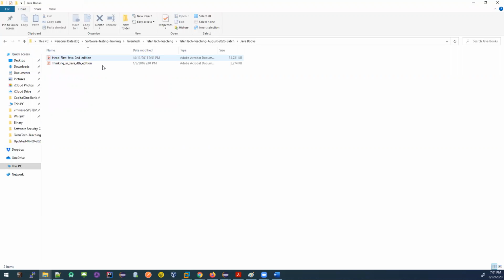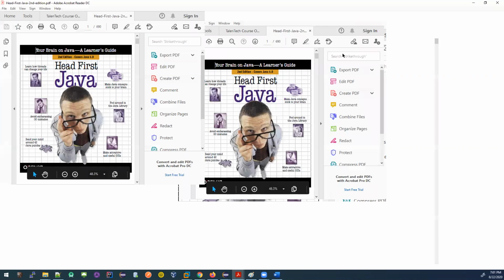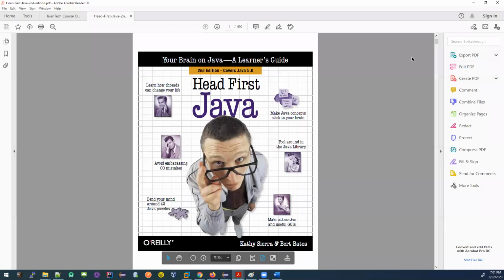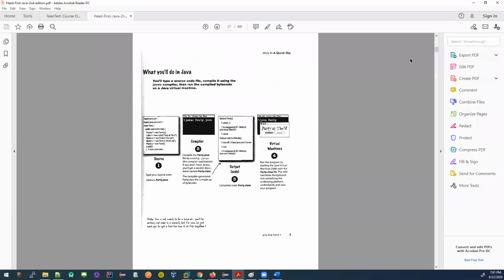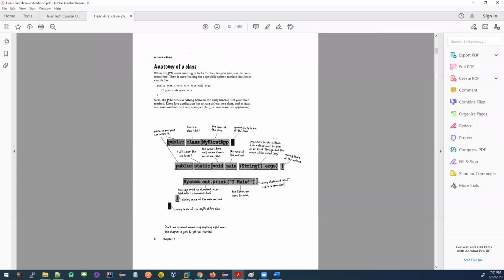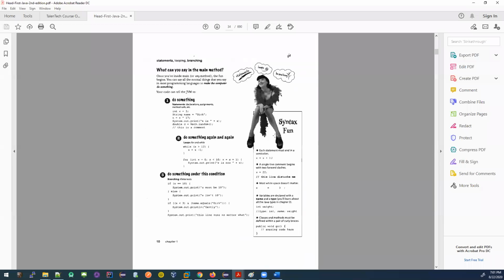I have some Java books that I like most. One is called Head First. I used this book in my school many times. It is the most popular book, and I like it very much, trust me. It has so many graphics and pictures, and it explains the source code, the compiler, how everything works. But this is a short course that we will learn in just a few weeks. In school, people learn it in 2 or 3 semesters.